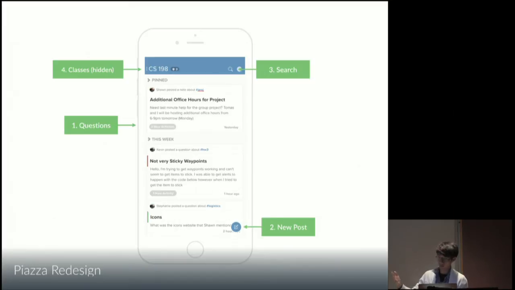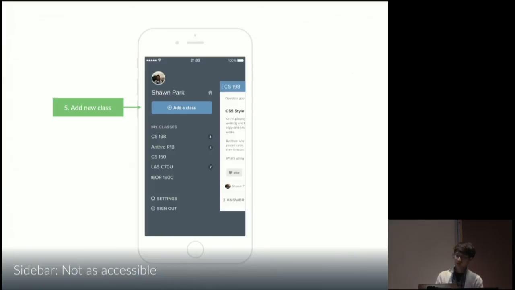Again, the third would be the search. It's on the top right. And choosing a class, it's hidden. So if you click on the menu icon in the title bar, it shows you the sidebar that shows your classes, and you can add a new class from there. And because it's hidden by default, hidden elements have the least amount of priority. So adding a new class has the least amount of priority, but it's always accessible as long as you press the menu button. Yeah. Why did you opt to use this hidden sidebar?